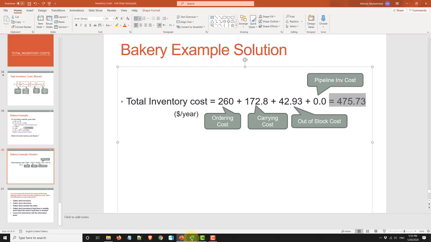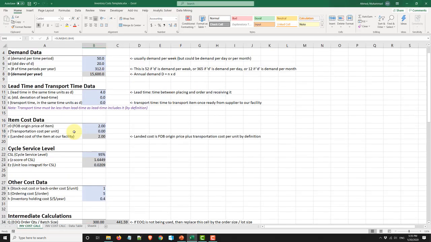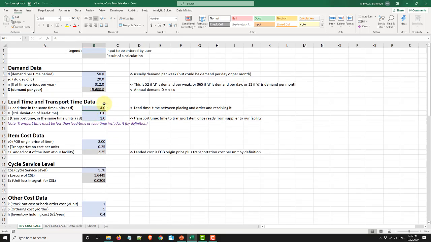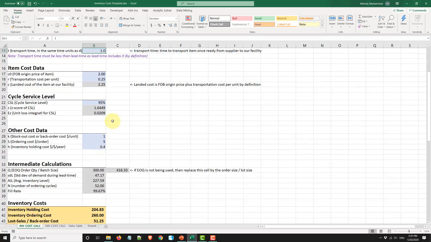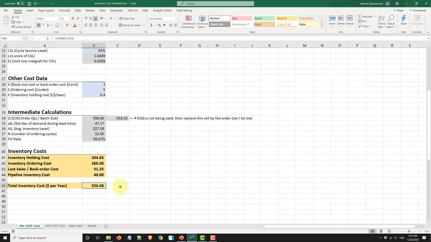Now let me show you some variations. So let's say the supplier is not very nice. He says you have to pay for transportation. It's going to charge us 25 cents per unit transportation cost. So now our landed cost has changed. And let's say it takes the supplier 1 day to transport the bread. So that's the transportation time. And let's say the lead time is on average 4 days, but it has a standard deviation of 0.5 days. So it's not always exactly 4 days. You can change these numbers here to match that reality,